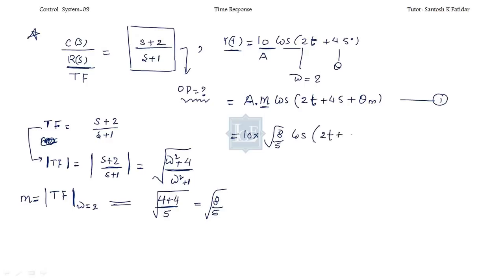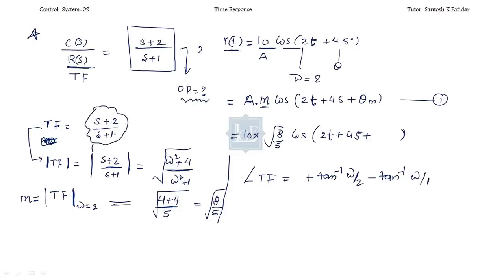Cos frequency as it is, 45 as it is, you need to calculate theta m also. Okay, now here is the calculation for theta m. So here I'll calculate the angle or the phase angle of the transfer function. So it is plus tan inverse omega by 2 minus tan inverse omega by 1. I hope it's clear to you. Okay, the phase of this is given by